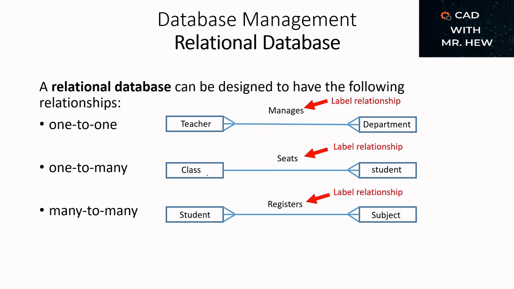So one class can have many students. And here we have many students registering for many different subjects, right? So these are the three main relationships that you can have in a